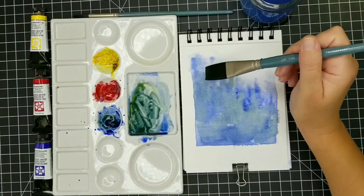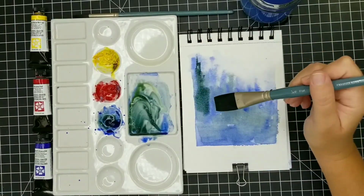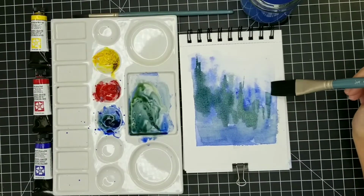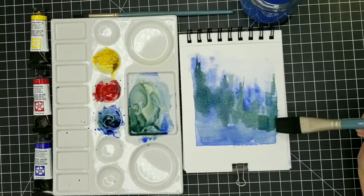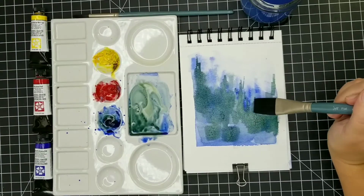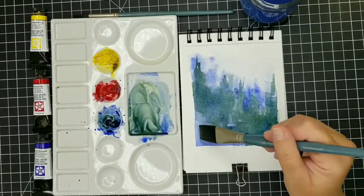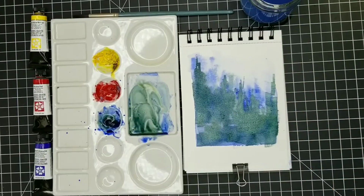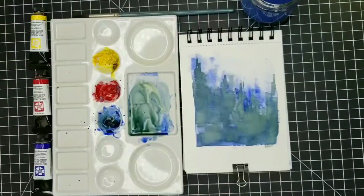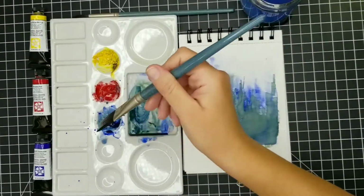And now we're going to start building up some harder edges. I'm still keeping these strokes very loose and abstract, and of course I don't want to cover up all of those lighter values and those soft edges in the background. So I'm applying some harder edges on top, leaving them kind of pointed up at the top, just as if they are evergreen trees. And this is going to help us begin to build up both some variation in our edges and some variation in our values. So I dried that once again, so this is nice and dry,